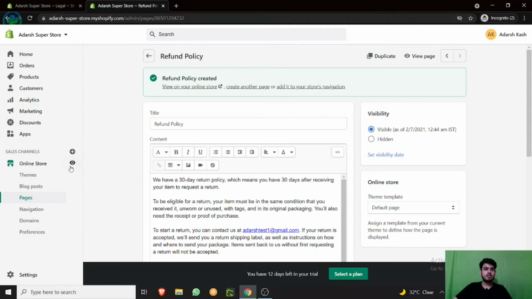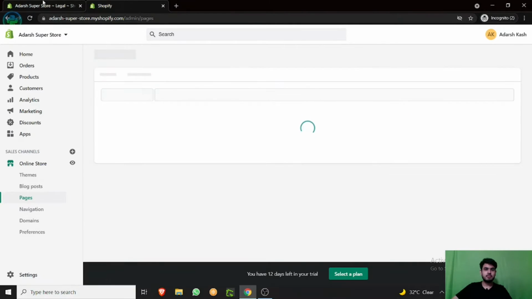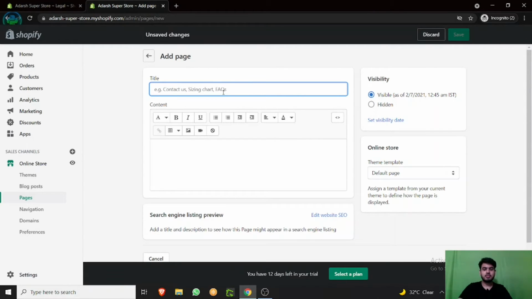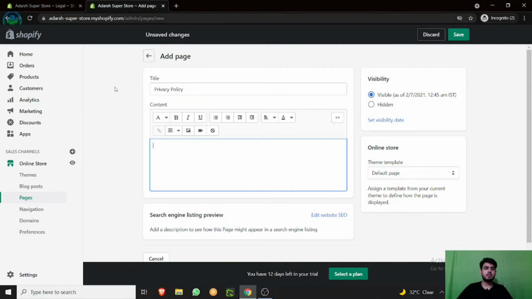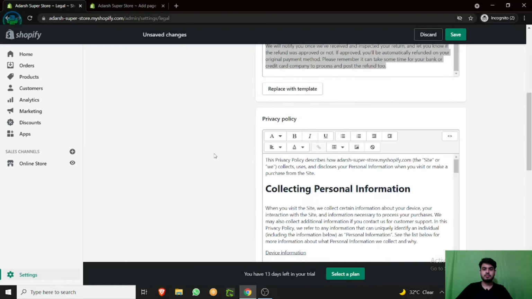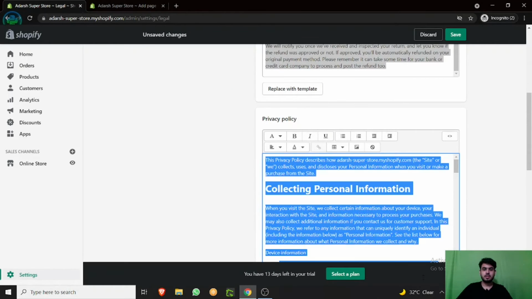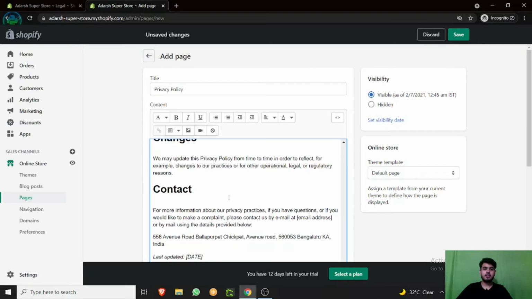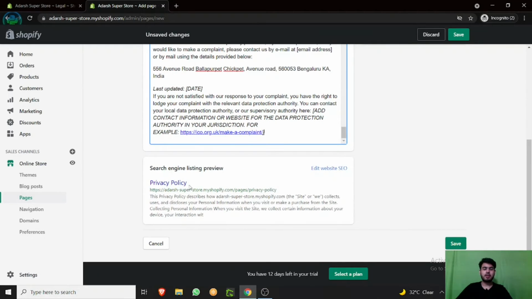Now let's create the other pages. Add a page, go to privacy policy, generate, then copy, come here, then again paste. See, your privacy policy page is done, and in the search engine it will look like this.